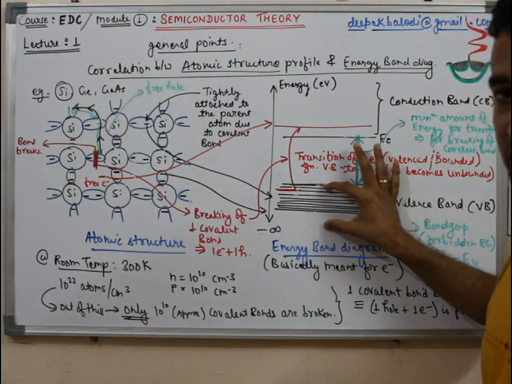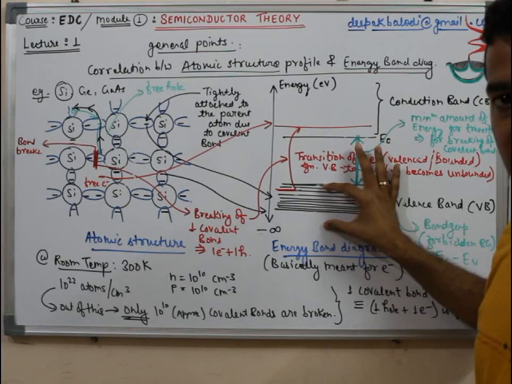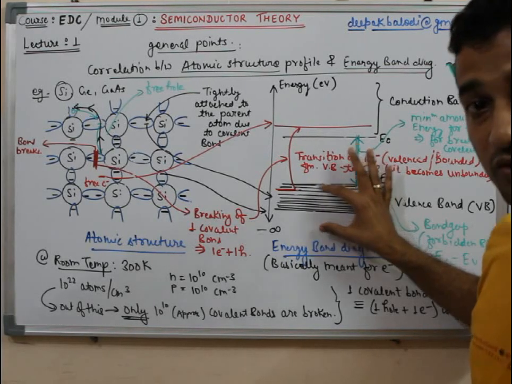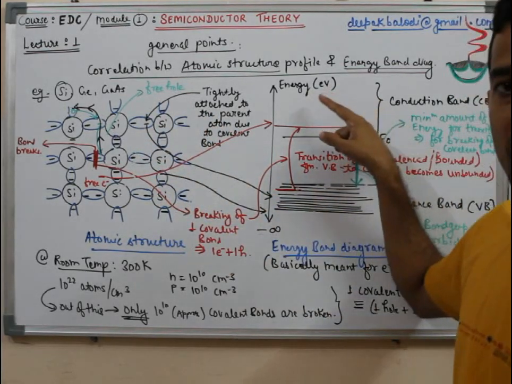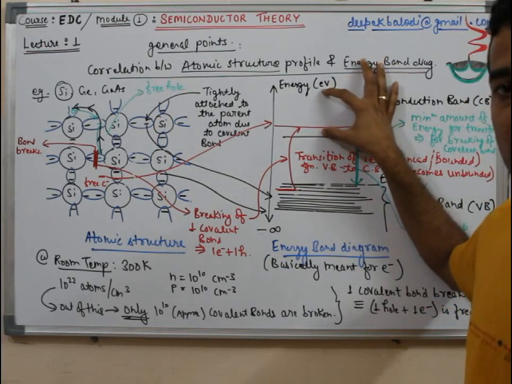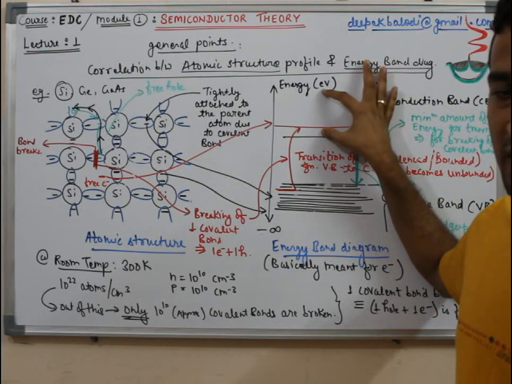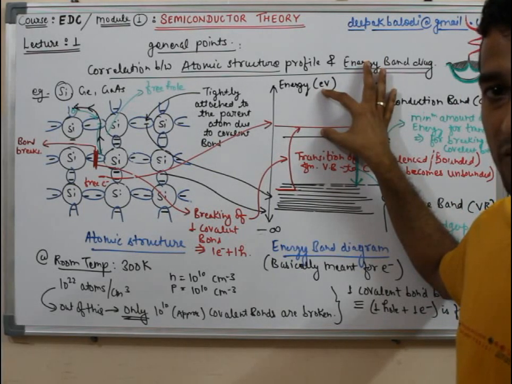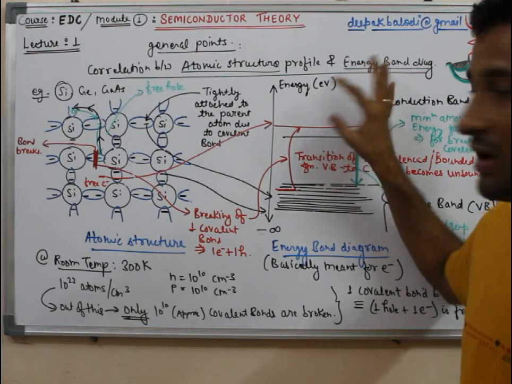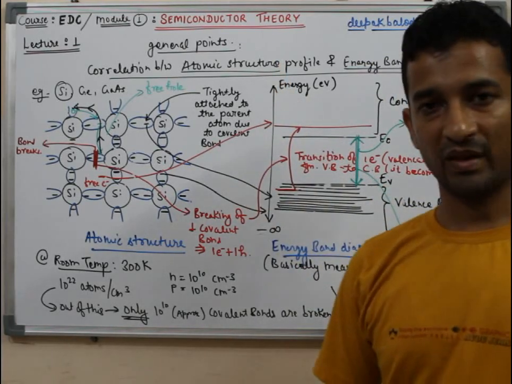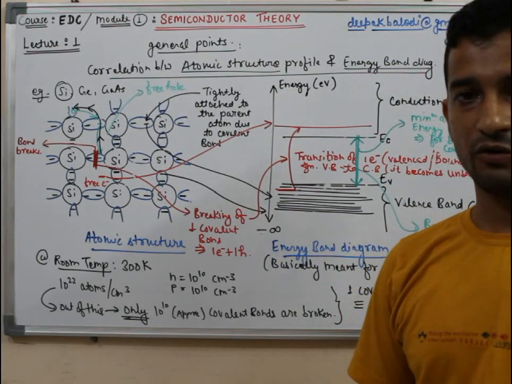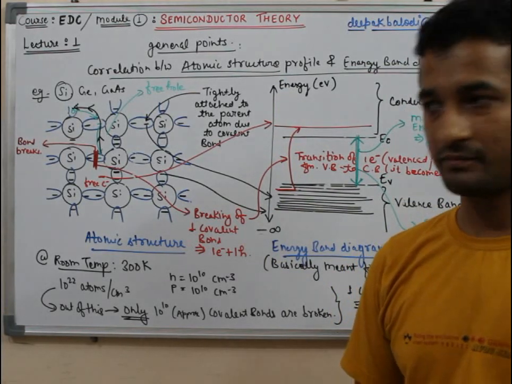Similarly, if a hole is found, or if a hole energy is represented in the valence band, then it is basically the free hole, or it represents the energy of that hole which is free to move within the semiconductor material. And if a hole energy is found here, or if a hole is located here within the conduction band, then basically it means that hole is well bound within the atom and it is not free to move. So the name conduction band, valence band and energy levels, everything is fundamentally defined only for electrons. So for holes we will have to reverse our theory every time.